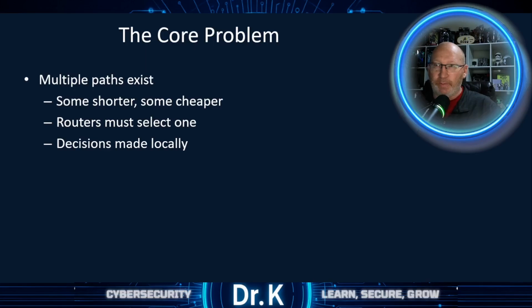Imagine a network with multiple paths between 2 points. One path is shorter, one's cheaper, one might look less congested, one might be on fire. Routers have to pick, but here's the cool part. There's no central mastermind coordinating everything. No giant control room with blinking lights saying, you go left, you go right. Each router makes decisions based on only the information it has, and yet collectively, they build a functioning global system. That's distributed computation, which is a fancy way of saying a bunch of independent devices somehow cooperate. It's like organized chaos to the next level.